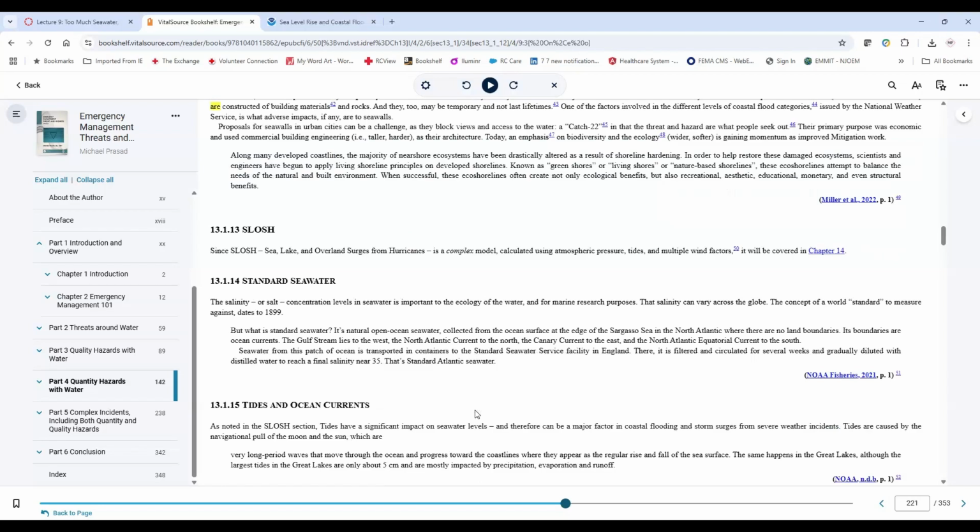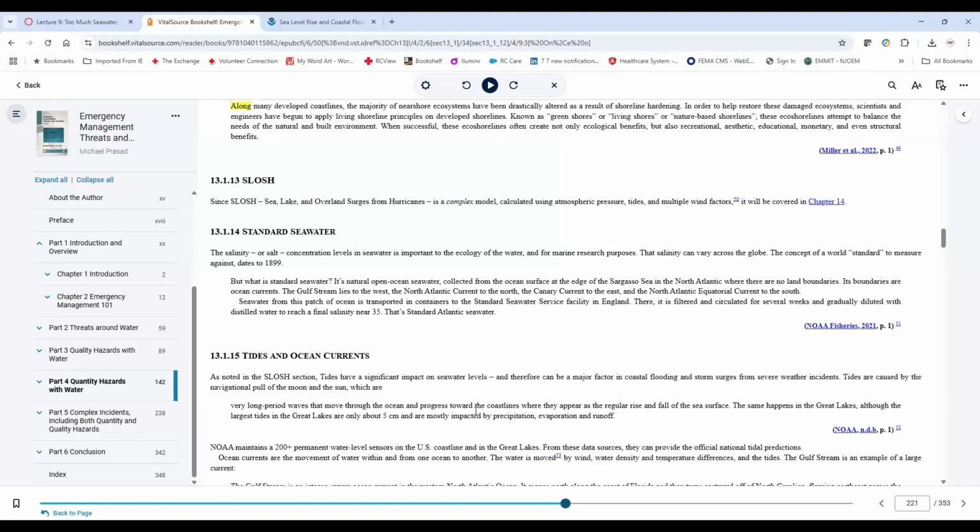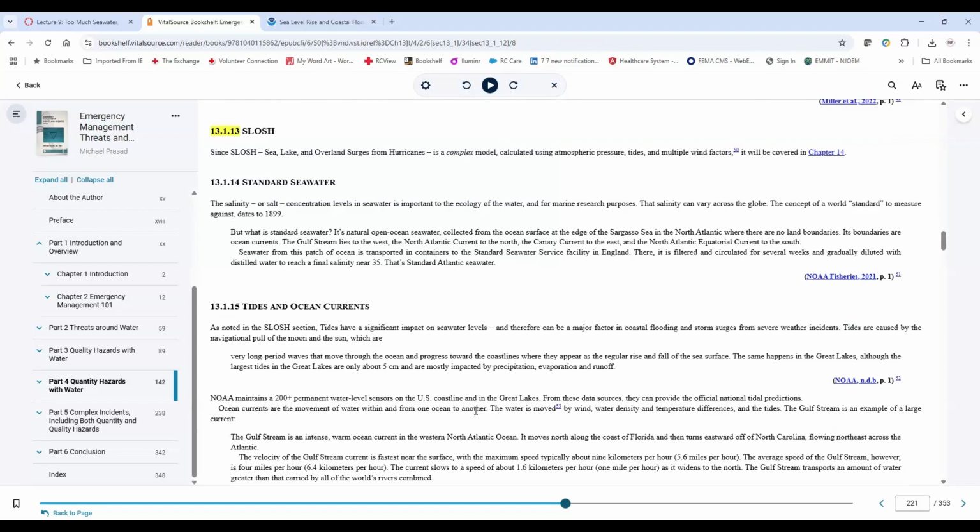We've talked about this before in some of the other chapters. How much salt is in it can determine lots of factors, like the weight of the water. The amount of salt plus the temperature can help figure out how big the waves are going to be. Lots of science involved in this. So the salinity, or the amount of salt, is another one of the factors. And of course, if a glacier breaks off and gets into the ocean, that glacier is made of fresh water. Does that change the salinity? We'll have to see.